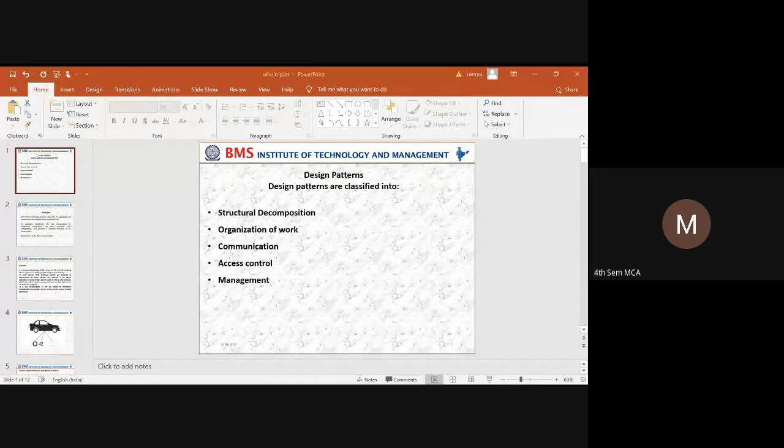Naina, unmute and speak, ma. Yes, ma'am. Why do you want to organize the system into subsystems, or divide the entire application into modules? What is the purpose?